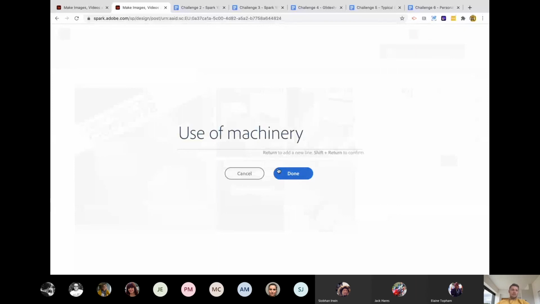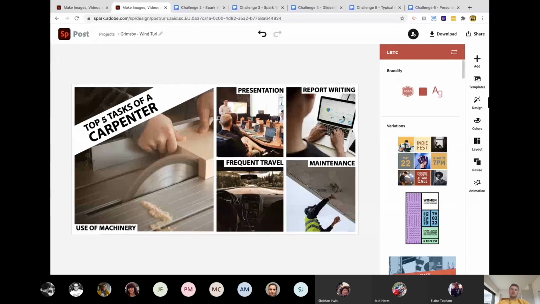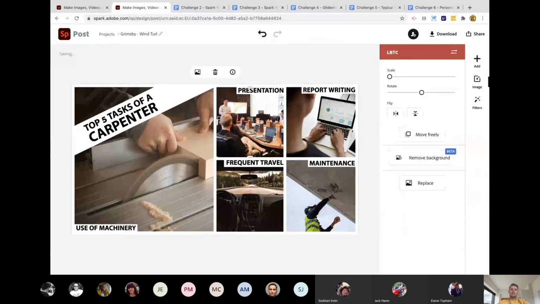And then you can play around with these boxes. You can grab them and put them any way you like, but I'm just going to whack mine in the corner. If I wanted to change the font, I could, but I'm not going to. Top 5 tasks of a carpenter. This one could be